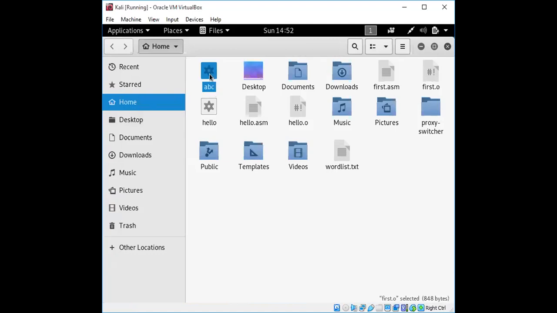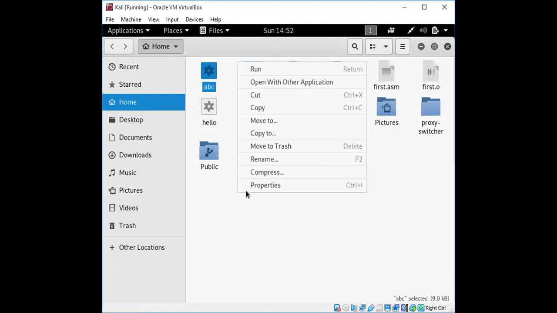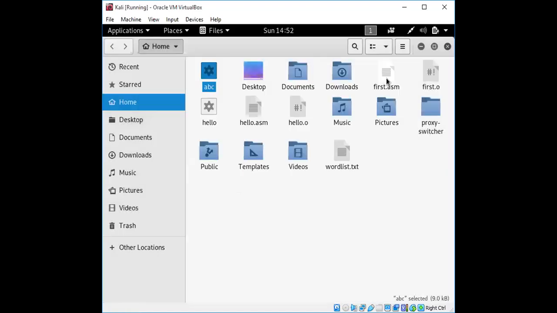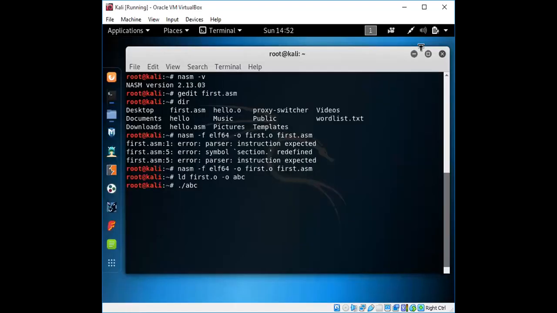Right, let me check. Yes, this is the executable file. From the object file you can generate an executable file, and with that executable file you can get the output. In the same manner, you can apply this with NASM as you use it in DOSBox. You can consider the DOSBox command prompt the same as this terminal. These will be the instructions required.